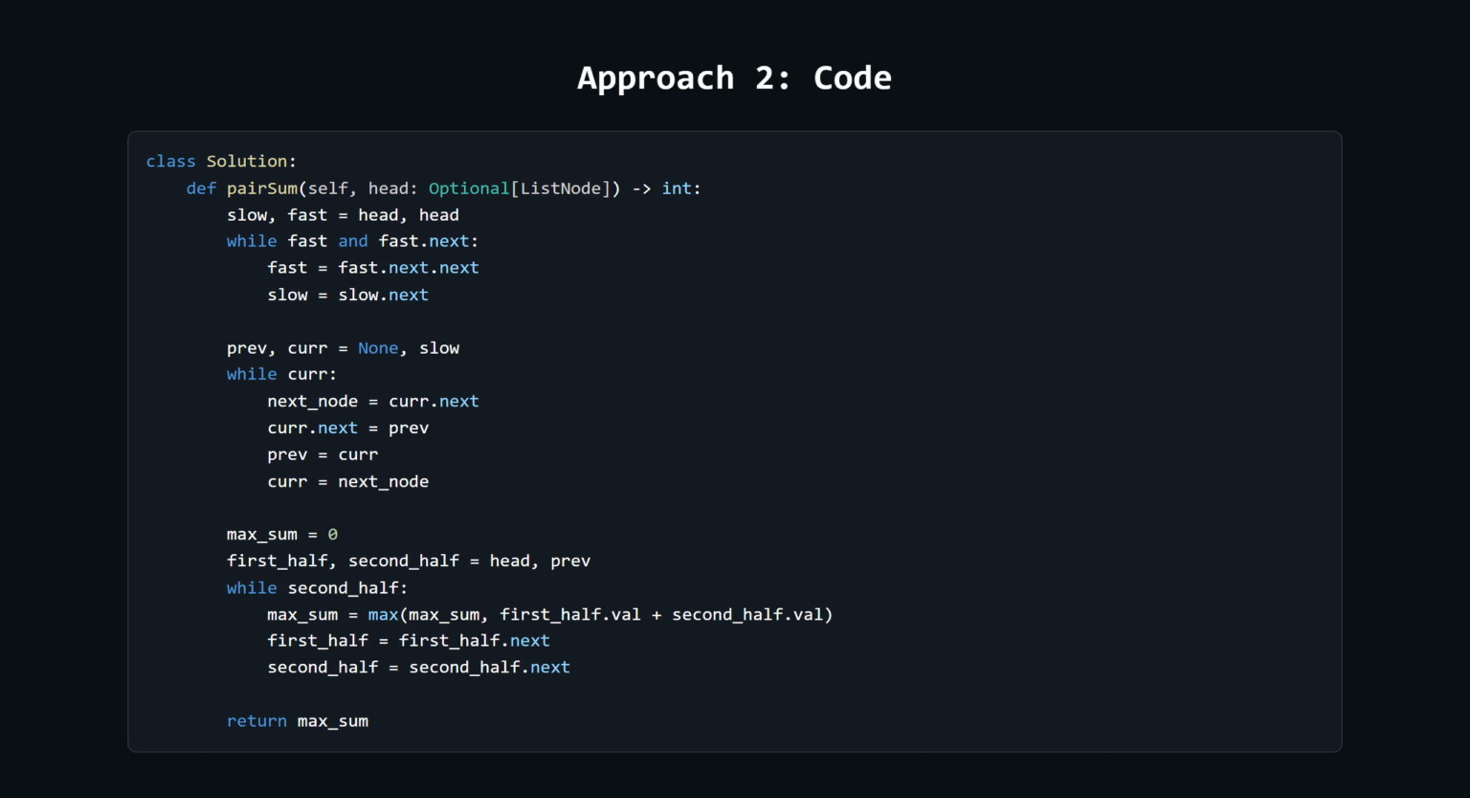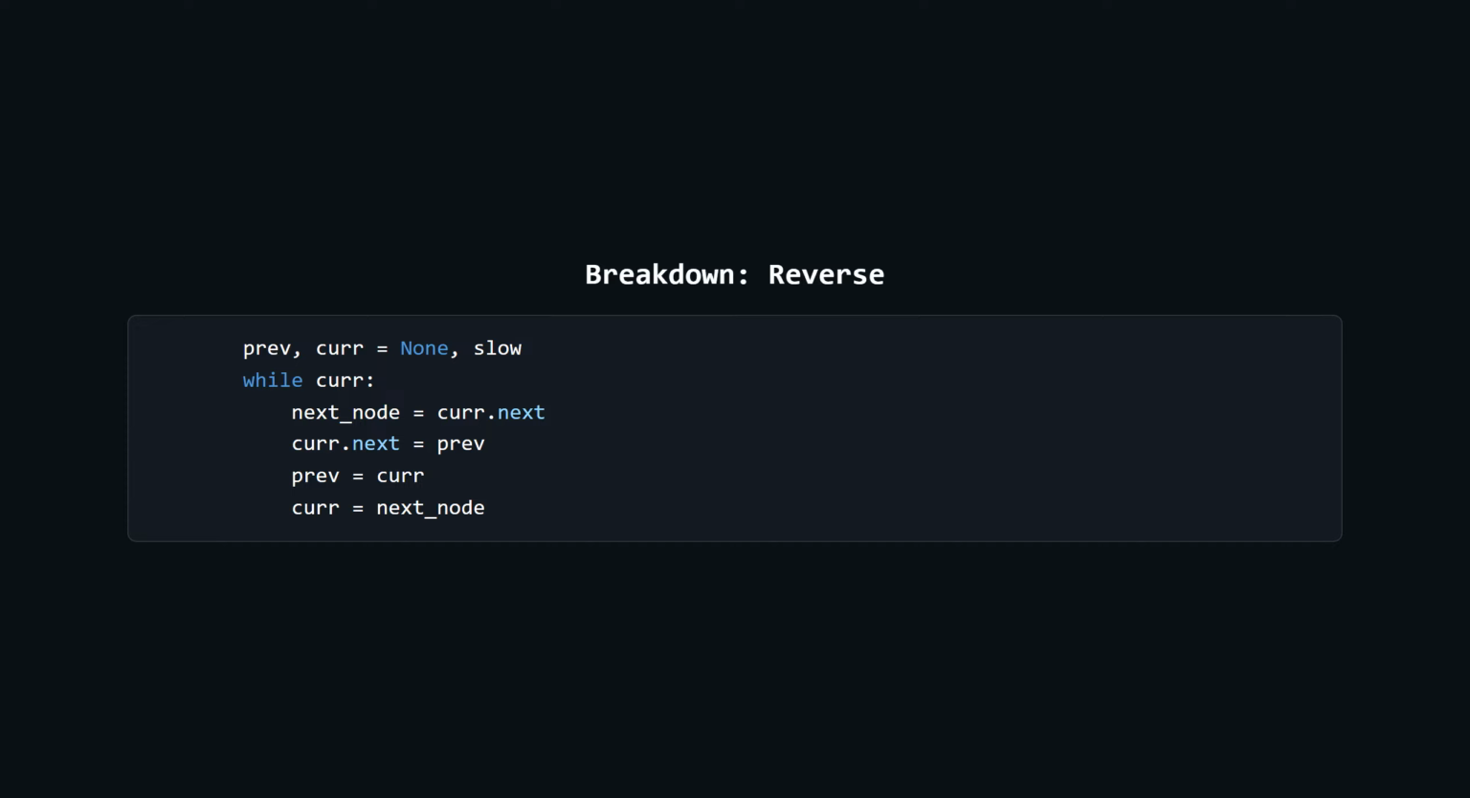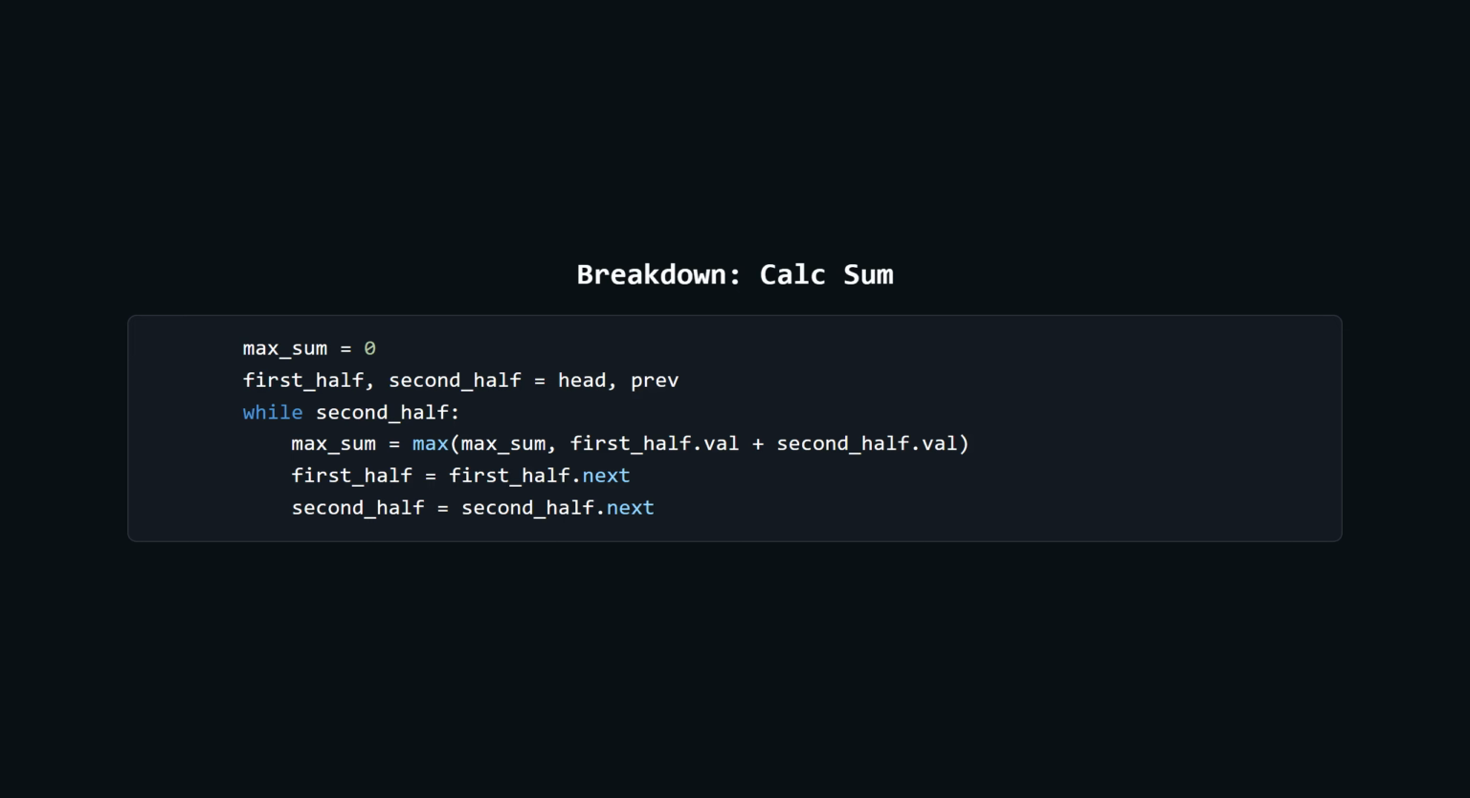Let's zoom in and break down the three main steps we just discussed. This first block loops until the fast pointer hits the end, which guarantees the slow pointer will be sitting right at the start of the second half. This middle section is standard linked list reversal, using previous, current, and next variables to flip the links around one by one. Finally, we walk our two pointers step by step, adding the values together, and continuously updating our maximum